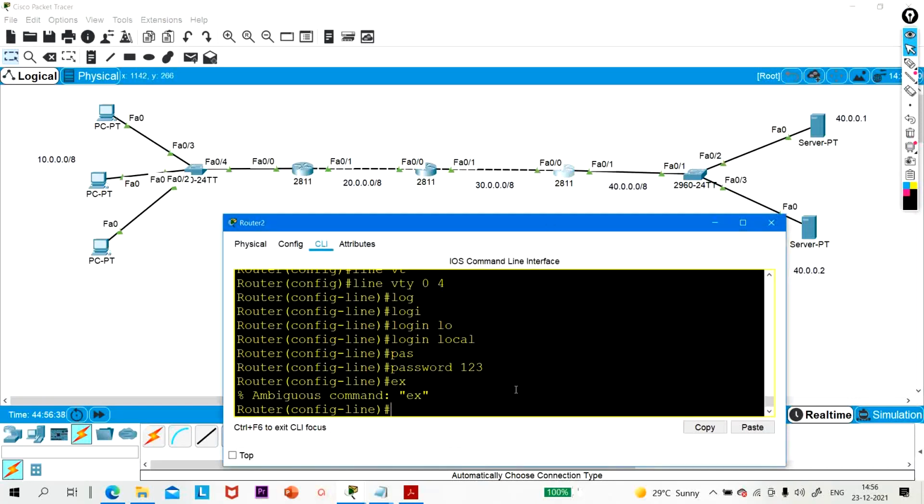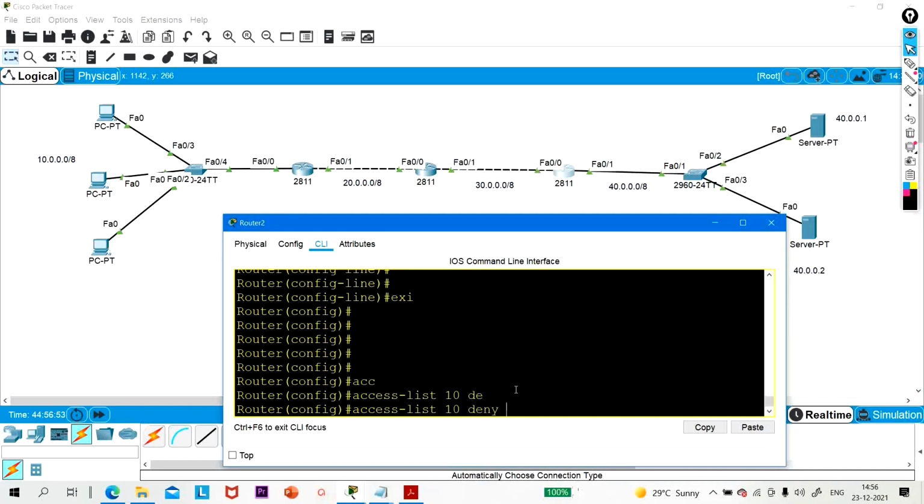Okay, so exit. Access list 10 deny host 10.0.0.1.